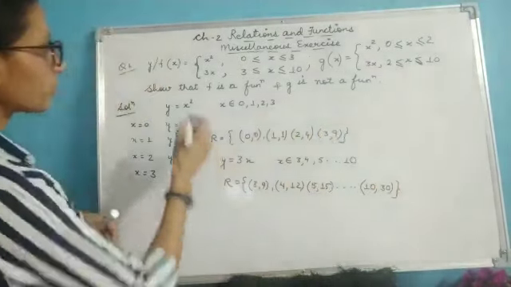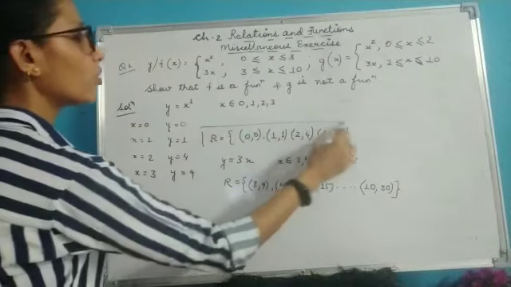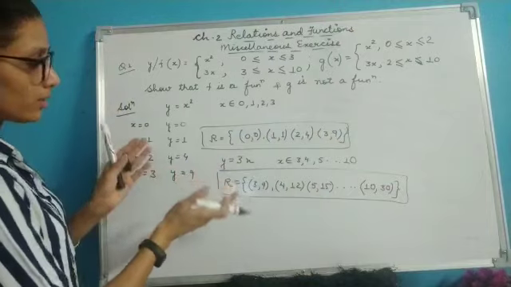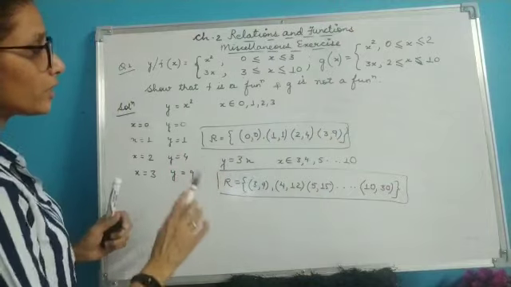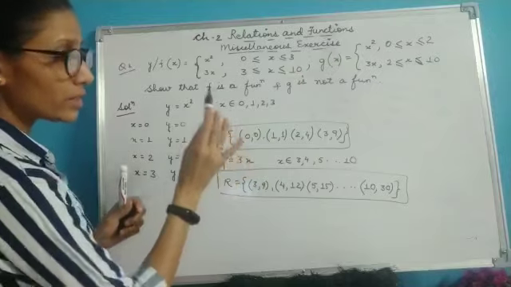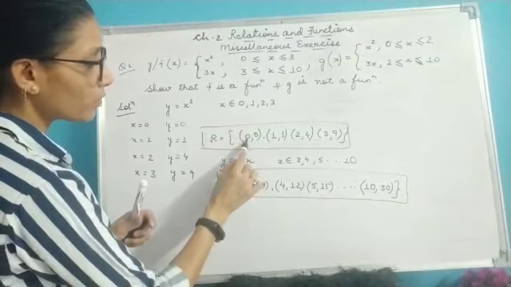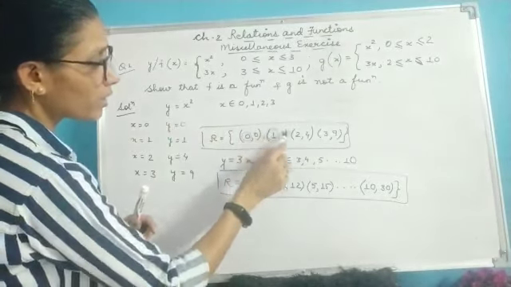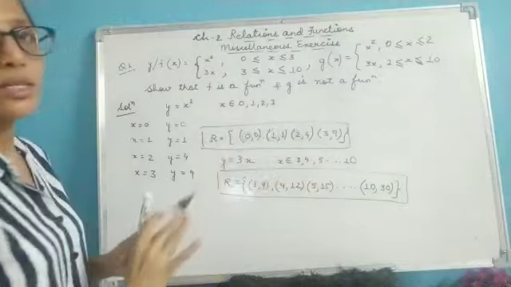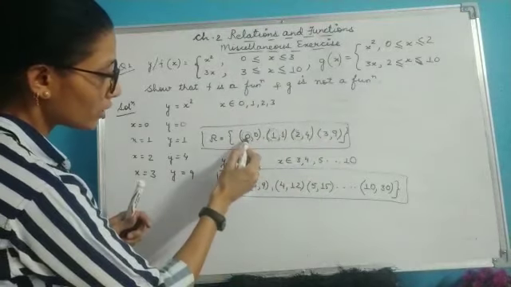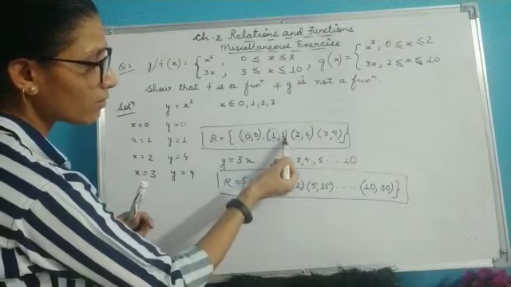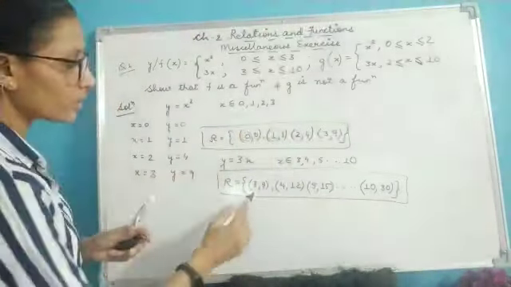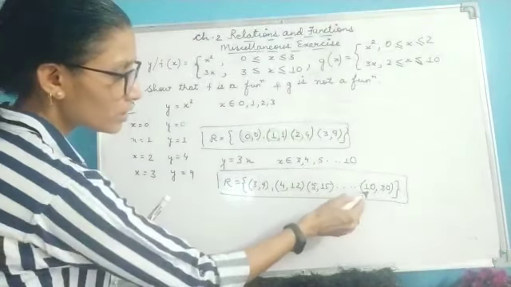Now children, you see for this function I have got two relations over here. I have to write the answer by combining both of these. Here you can see that this is your domain, and it has its image as 0. So every domain has a unique image in set B. 0 has 0 as image, 1 has 1 as image. That means no domain is repeating over here. Here also no domain is repeating.